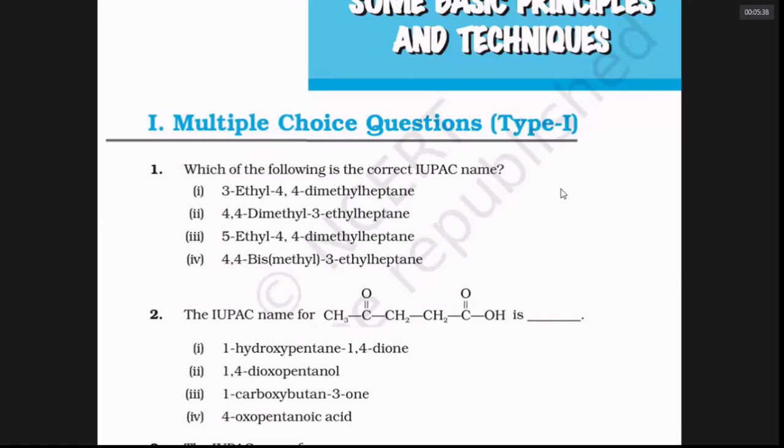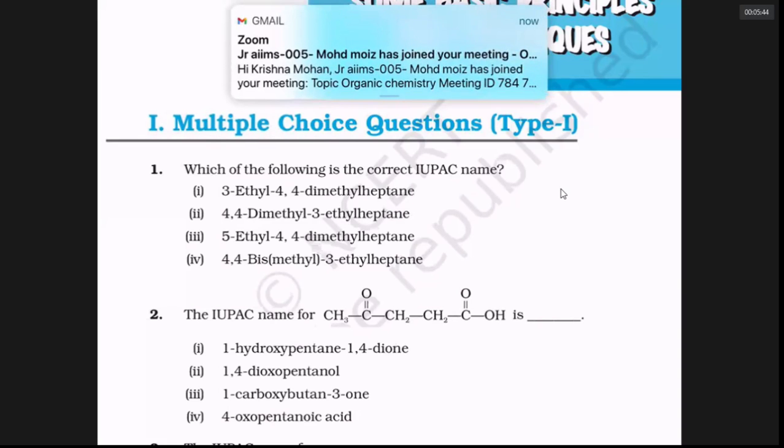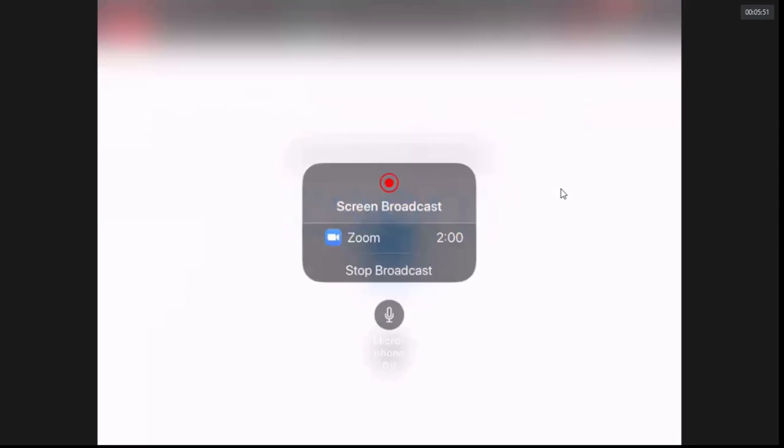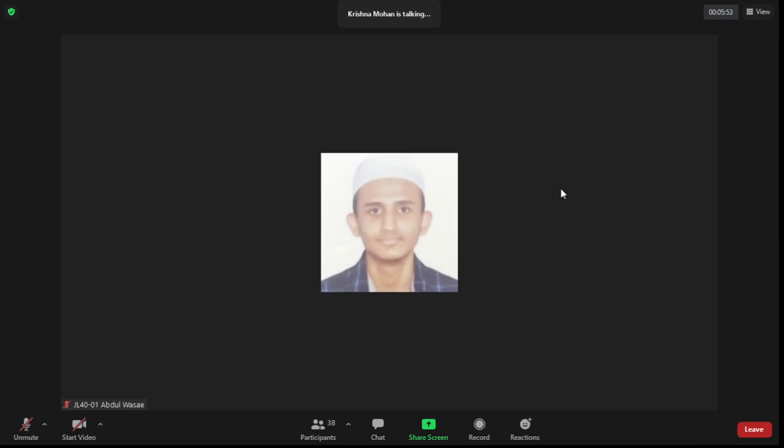In 1 and 2, which is right, sir? In alphabetical order, E comes first and M comes next. So 2 must be the wrong answer, 1 must be the right answer. There is a key mistake in this book about that, but don't worry. You should see all these questions.